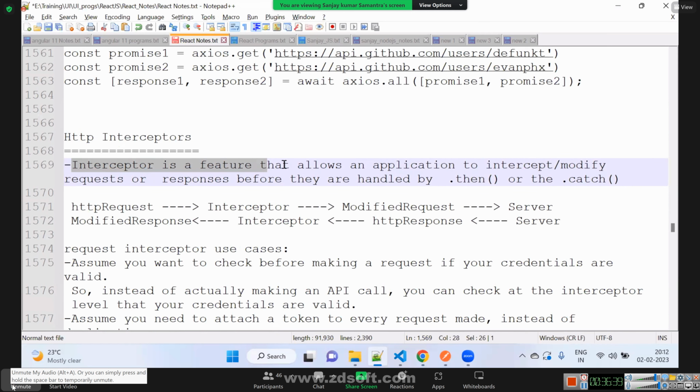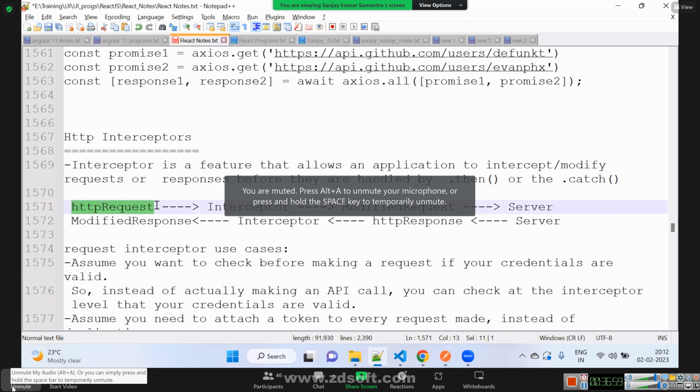An interceptor is a feature that allows an application to intercept. Intercept means to modify the request or response before they are handled by the then method or catch method. From the component we make an HTTP request.